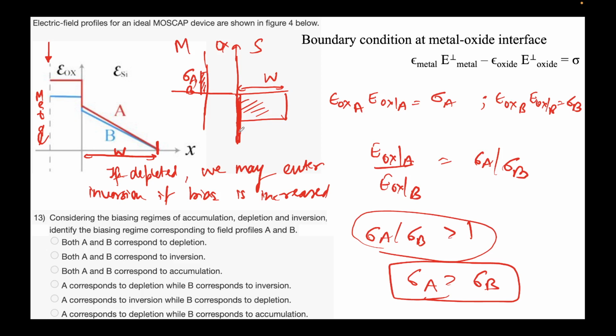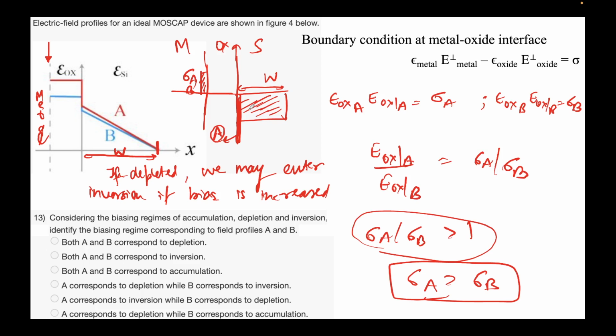Okay. Hence, since A will have the depletion charge as well as this inversion charge, the balancing charge on the metal has to be higher. It can only be higher if there is an inversion charge here, right? Depletion charge is the same for both of them. Why will sigma A be higher? It can be only when A has entered inversion. So we have to say that since sigma A is greater than sigma B, that tells us that, and depletion